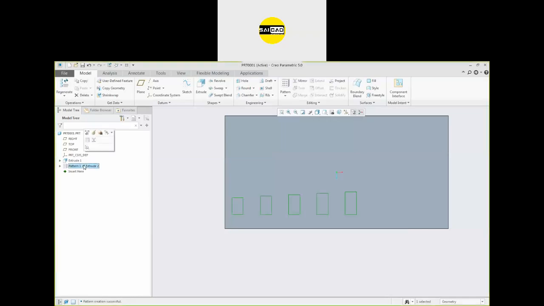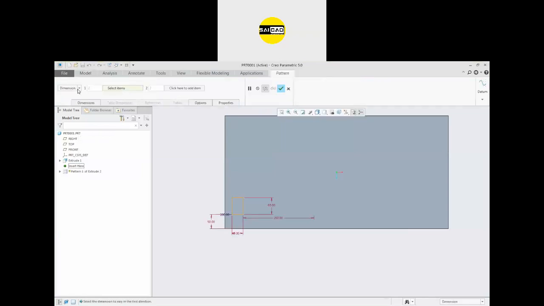So going to move with the dimension pattern. Since again the similar type, in dimension you have to select the dimension for the direction, and select this dimension and you can define the between gaps that you need. I'm going to define 150 value on the next side. So you can go on in the dimension and you can see the increment is 150 in this direction.